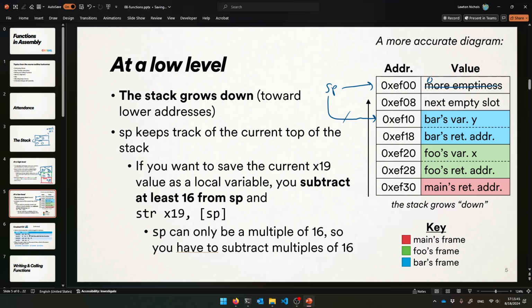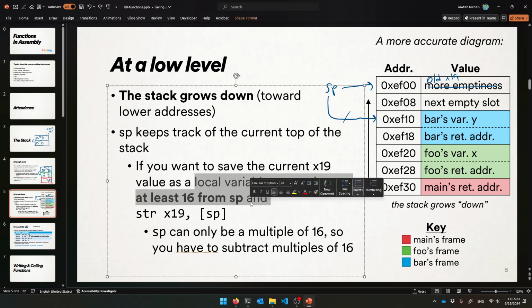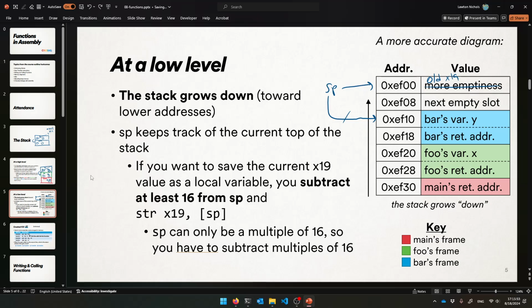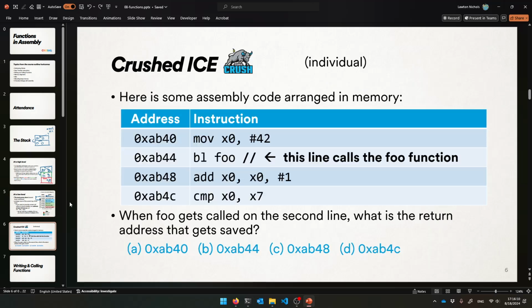That would be the old X19, if you were to follow the store instruction, given what we just said, after we subtract 16. That's how it works, all right? That's how that works, okay? So I hope that makes sense to you. And now, if you go back to those programs that I wrote before, it should make a whole lot more sense too, okay? So, with that in mind, now that we know all this magic, it's not magic anymore,